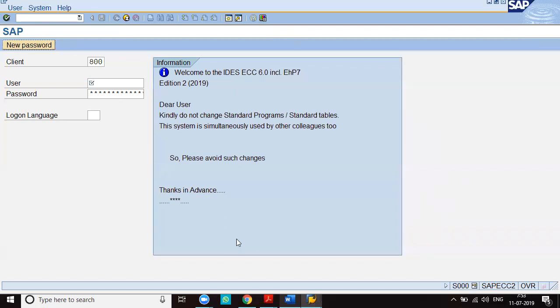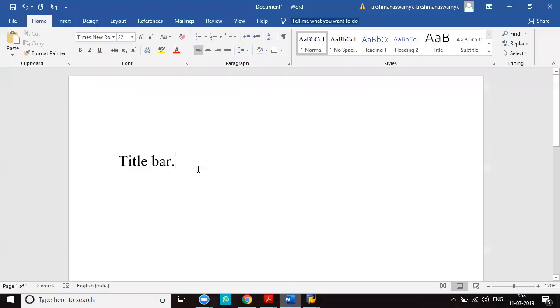Next. The fourth line is called application toolbar.